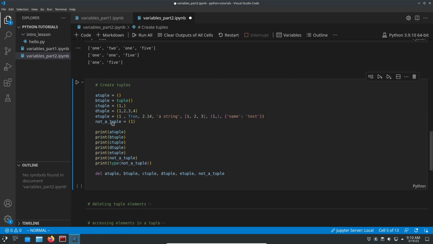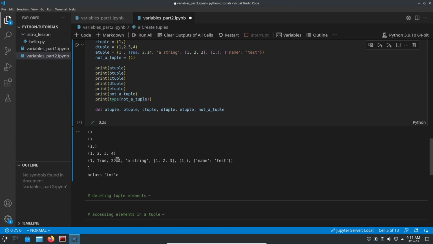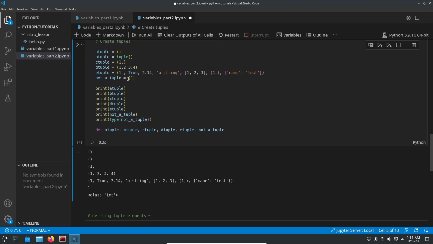And I believe I have an example right here that shows what happens if you leave out that comma. We've got an empty tuple, a tuple with one item, a tuple with multiple items, and a tuple with multiple items of different types. So if I run this, we got a couple empty tuples, we got all this, and we got this. And as you can see here, the difference between seed tuple and not a tuple is that there's a comma in seed tuple. So this was printed out as a tuple, and this was just printed out as a 1 right here. And if we printed out the type of not a tuple, it shows that it came out